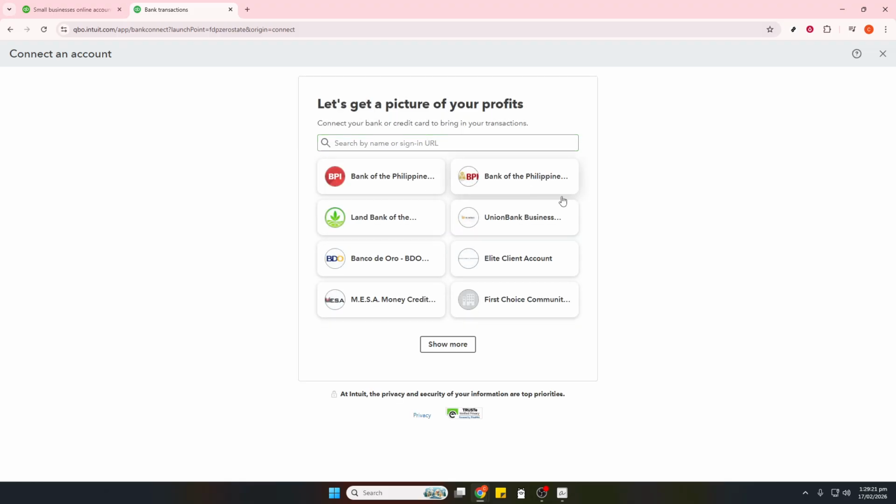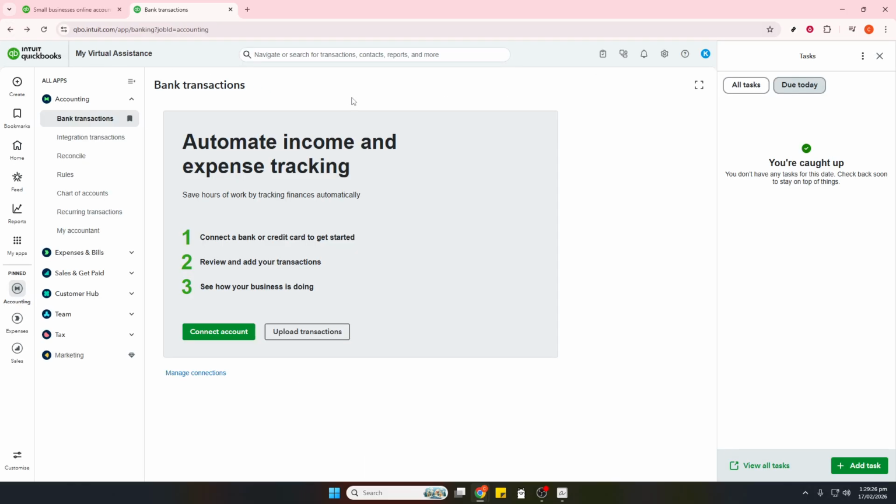Use the search bar to type the name of your credit card bank. Select the correct institution from the list that appears. If your provider isn't listed, don't worry. You can still get data in by uploading a CSV file of transactions, but we'll keep going with the direct